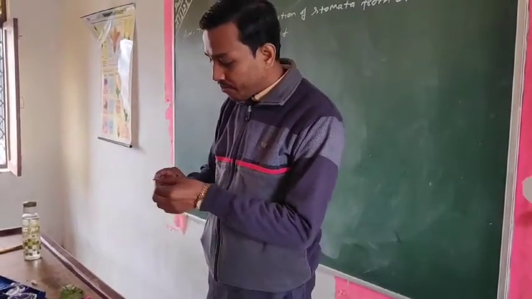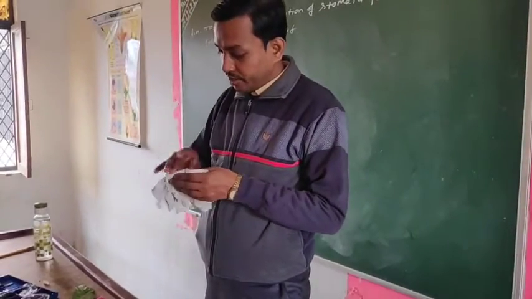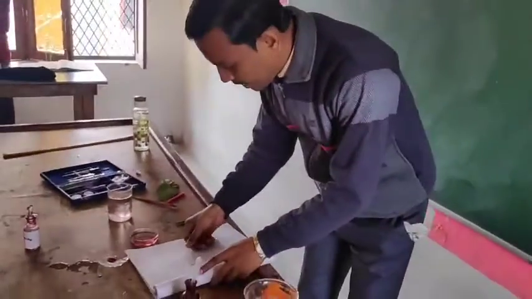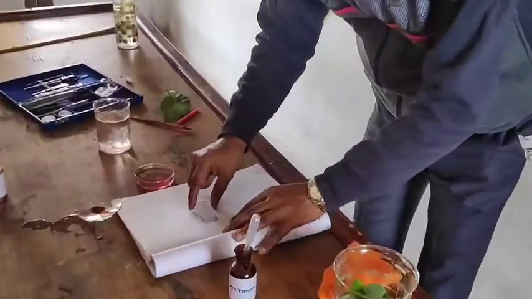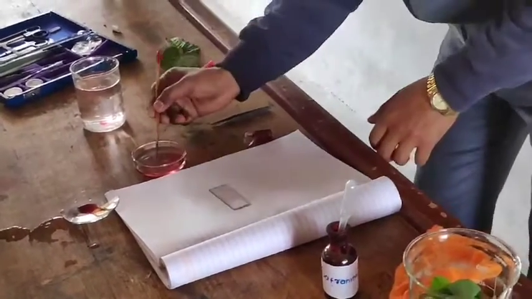So first of all, you need to clean your glass slide, and then place the glass slide over the white page, and then transfer your leaf peel